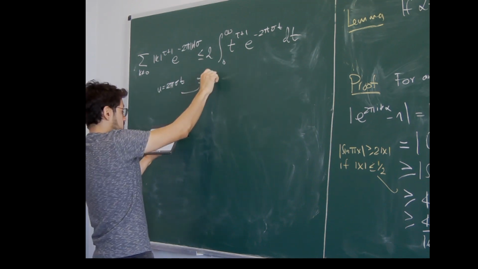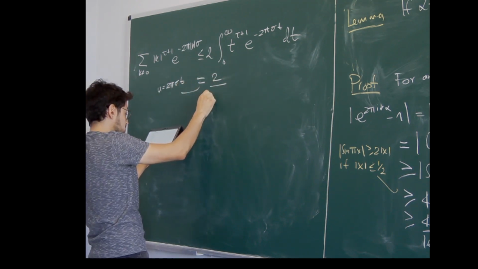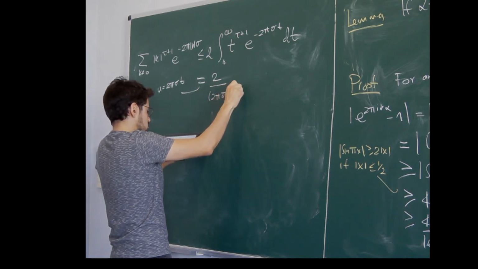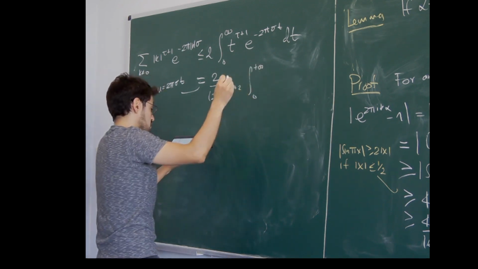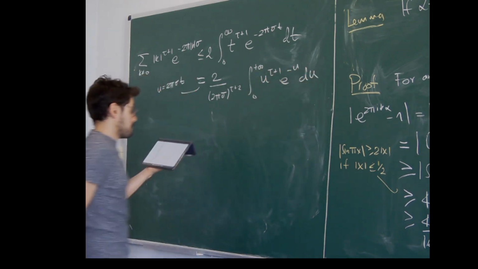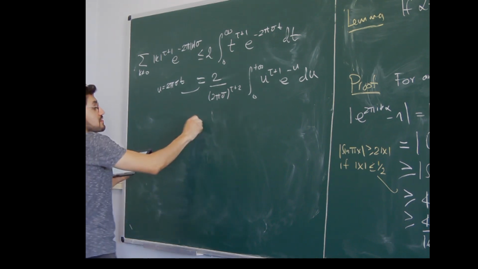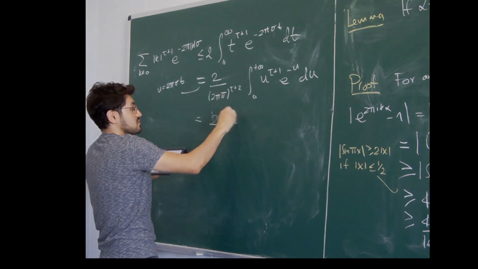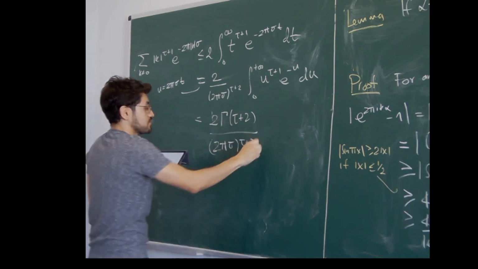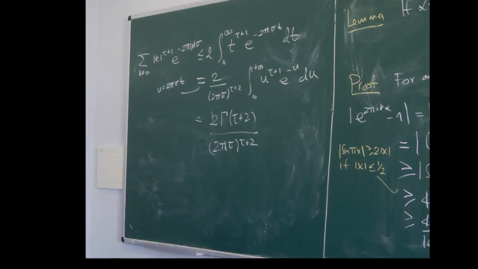We'll not do everything, but once you apply this, you can write this as 1 over 2 pi sigma to the tau plus 2 times the integral from 0 to plus infinity of u tau plus 1 exponential of minus u du, which you can recognize as 2 gamma function of tau plus 2 over 2 pi sigma to the tau plus 2. So when you put all of this together, what you find is that your norm in some smaller domain looks like